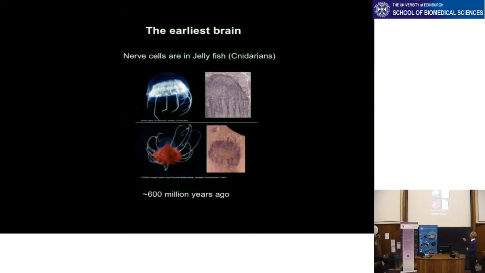And it was well known that jellyfish, which are thought to be one of the earliest types of multicellular animals around, which has contraction and can move and can swim, and indeed is in the fossil record, and you can find them in the order of about 600 million years ago. It was thought that this was the origin of the nervous system because it had such a simple nervous system